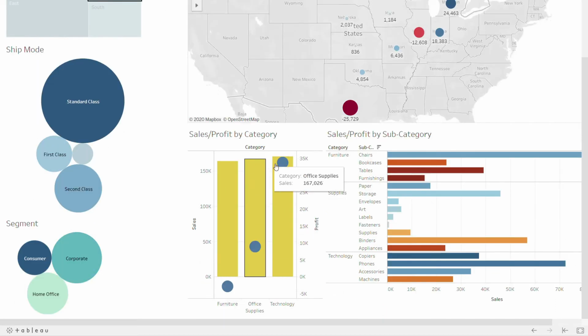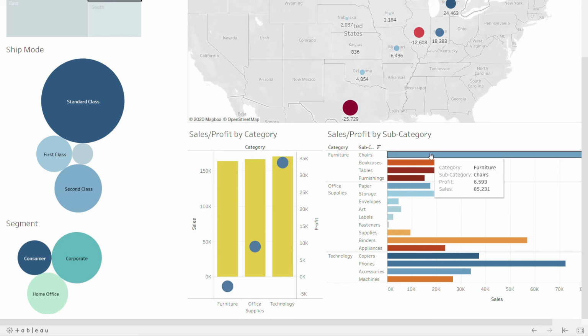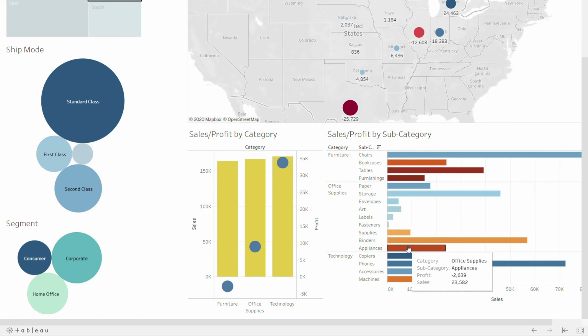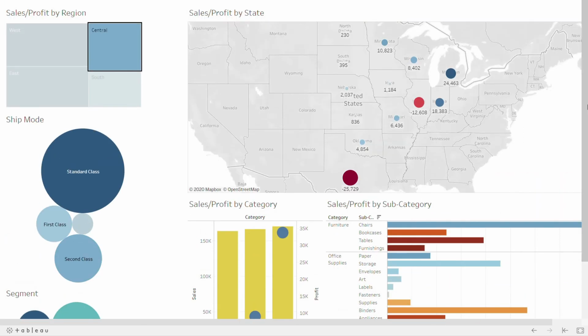For the central region, we can see that only technology is performing fine, while office supplies is giving a very low profit and furniture has gone into an overall loss situation here. When we go to the subcategory plot, we can see only chairs is giving us profit in furniture, whereas bookcases, tables, furnishings, everything has gone into loss. We can see in office supplies also, 3 of the subcategories are giving us loss. And in technology, we can see machines are giving us loss, the same as we saw in the West